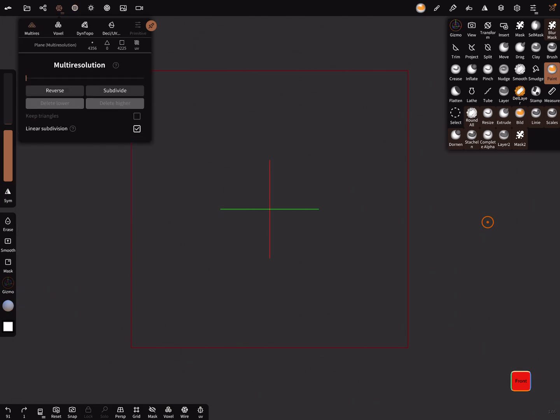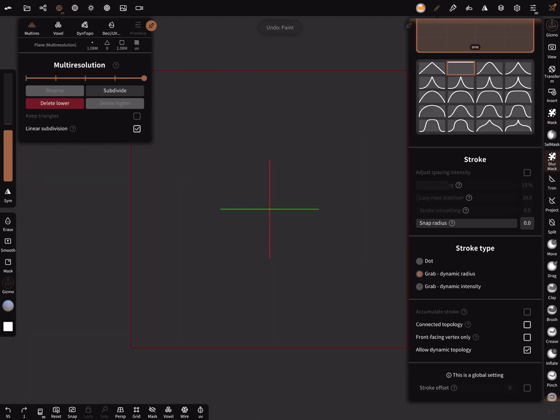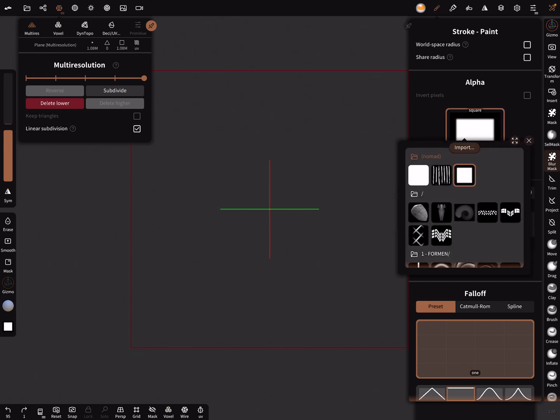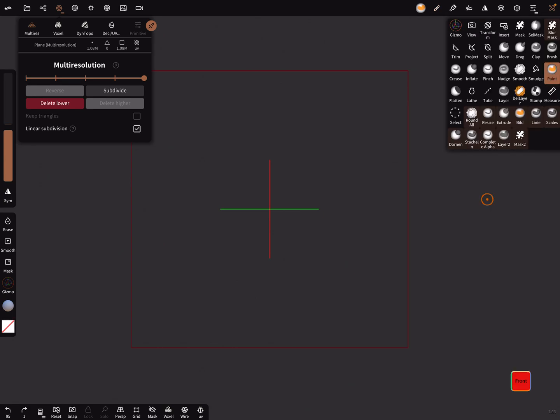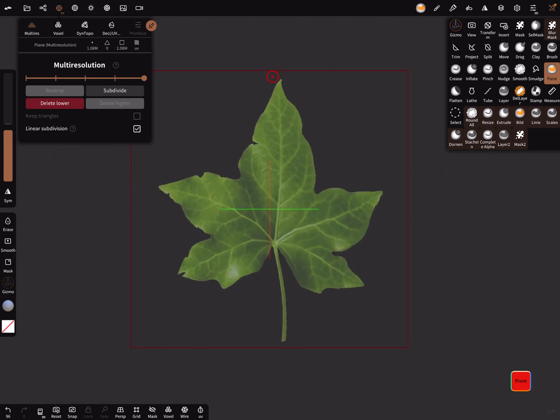Multi-res, and here you can subdivide up to 1 million. I think we need another alpha here, this one. Scaling 1. Okay, I think now it works. And here you have your leaf.